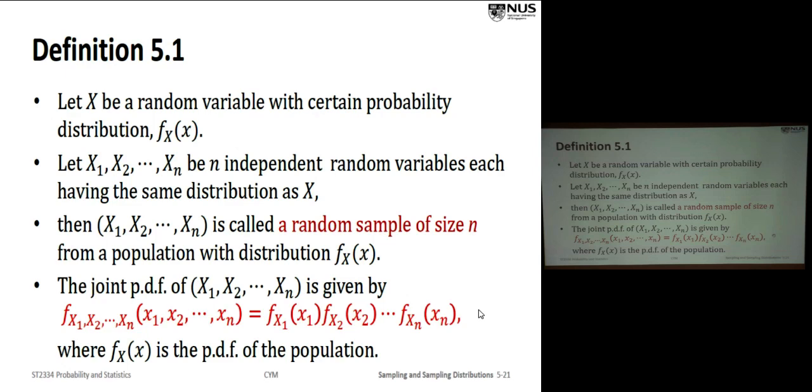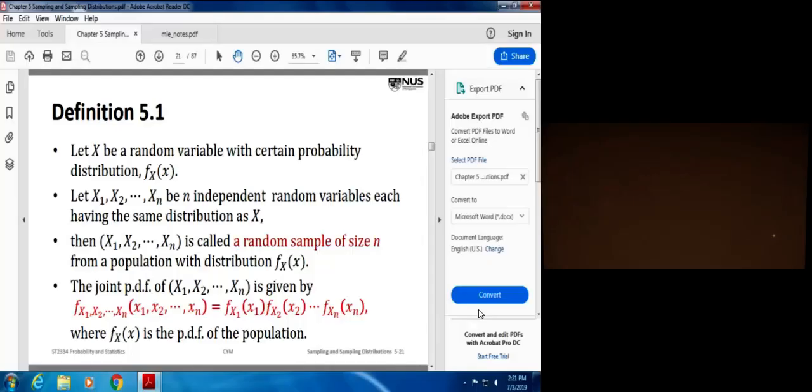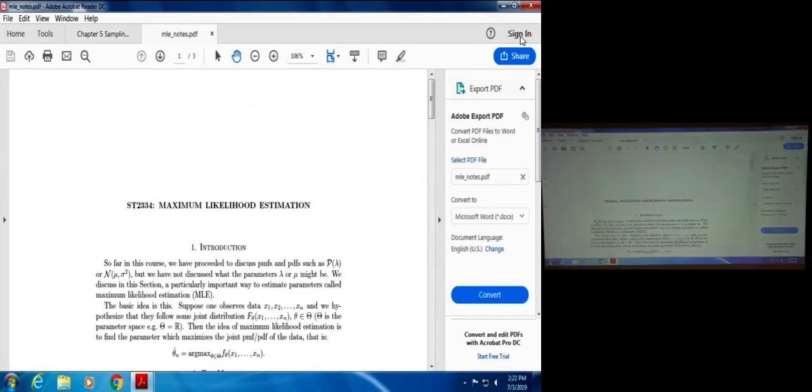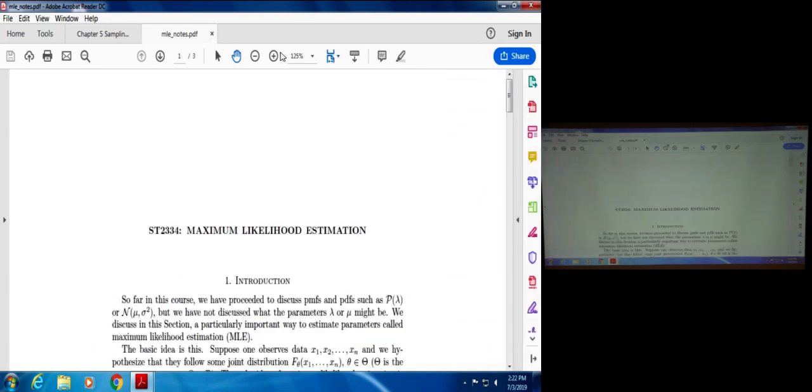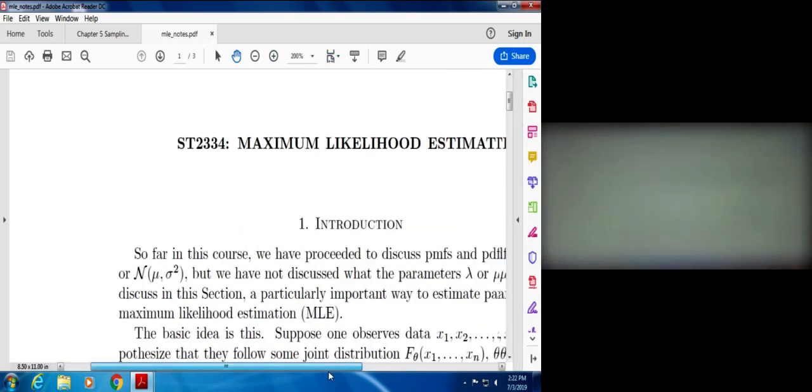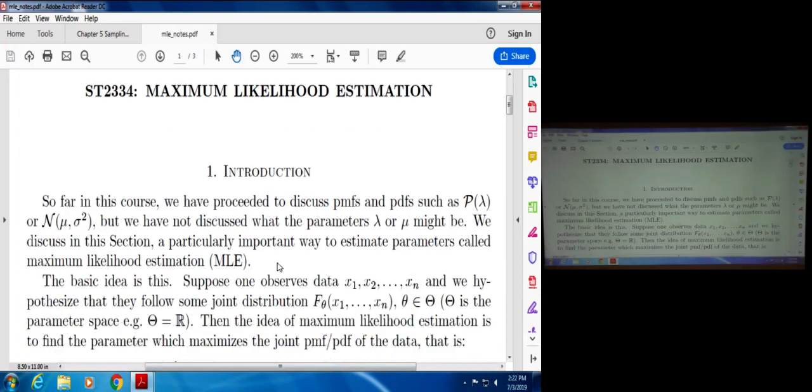Before we go any further, I don't find this next part really very well linked to the rest of the notes. So I'm going to tell you something about why this is useful. I think this might make it more transparent than the main lecture notes. This will explain why what we've just been talking about for the last 20 minutes is of interest. It's something called maximum likelihood estimation. It's not going to be on the exam, but I think hopefully it will make this part of the lecture notes much clearer, because they don't look very understandable otherwise, at least not to me from the beginning. So don't worry, we're not going to see this in the exam, you just want to see